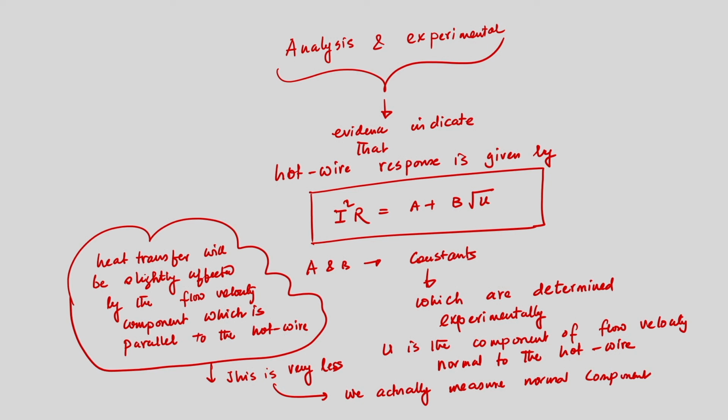So, at least I would like to mention another important point in this context: if you would like to really measure two components, it is quite obvious that if you place the probe in any flow field, there will be velocity components in three mutually perpendicular directions. So, if you are interested in measuring two velocity components, we can modify the design of the hot wire, and with that modified design we can place the probe in that velocity field and measure the velocity components.